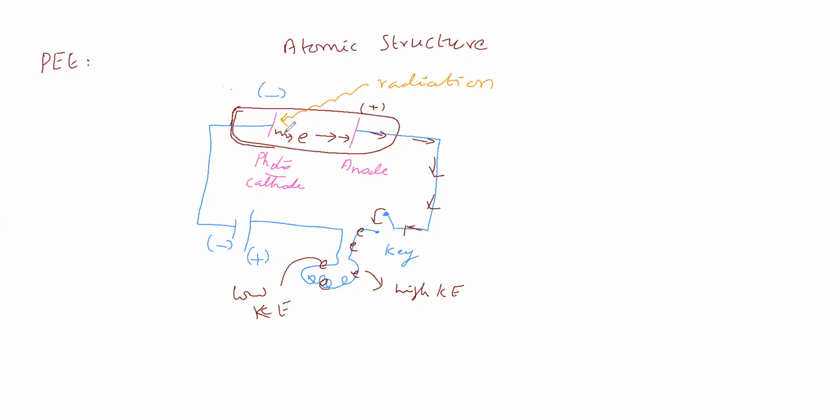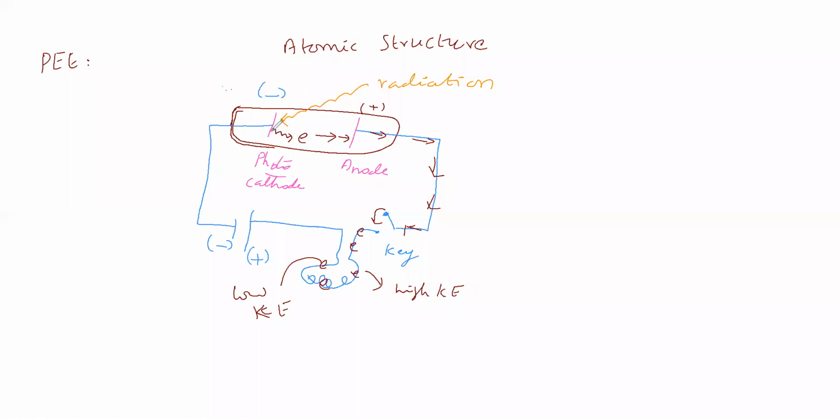So photoelectric effect means from the photocathode, an electron should be ejected. The ejected electron should come to this anode, pass through the wire and come to the bulb. In the bulb, this kinetic energy should convert into light energy. Then the electron should become low kinetic energy and reach this place. That means we have to get light energy; this sun radiation should be converted into light energy. That is called the photoelectric effect.